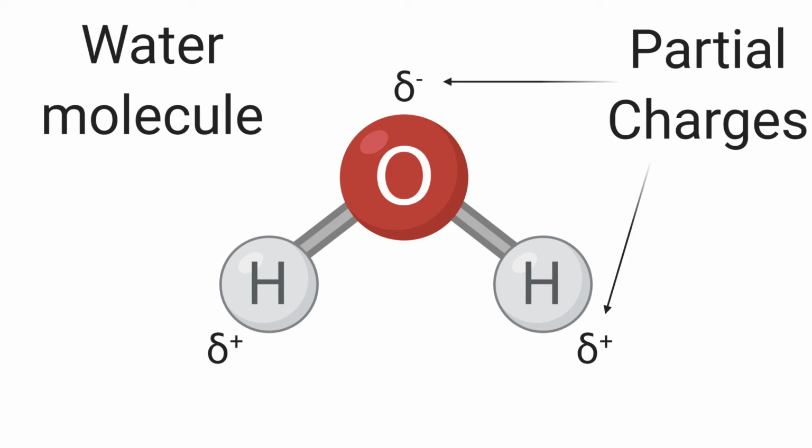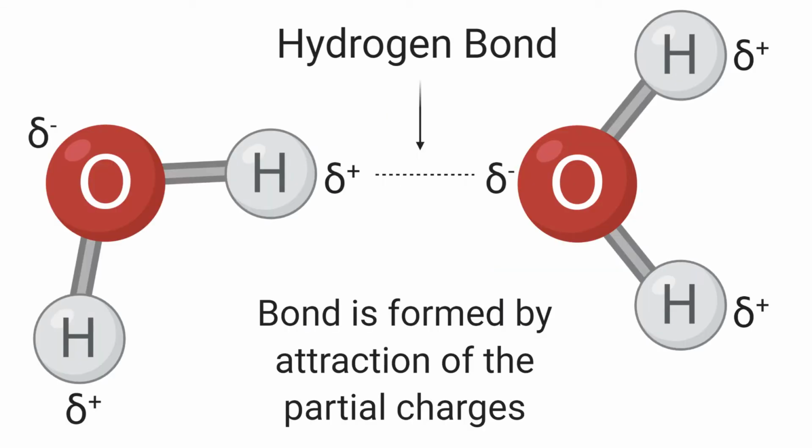Here's our old friend H2O. Oxygen is more electronegative than hydrogen, so this is what the charges look like. Hydrogen is slightly positive, and oxygen is slightly negative. Hydrogen bonds occur when a hydrogen atom is trapped between two electronegative atoms. Here we have two water molecules, each with tiny charges on the oxygen and hydrogens. Now if they line up like this, we see that the tiny charges will attract and form a very weak